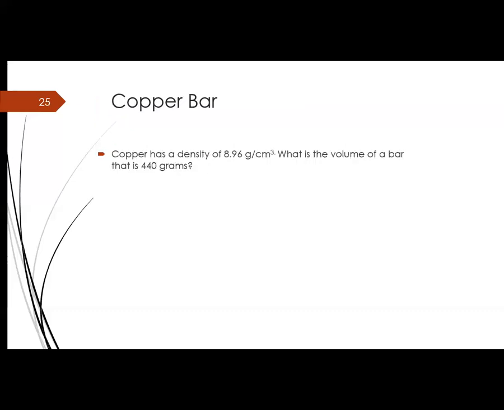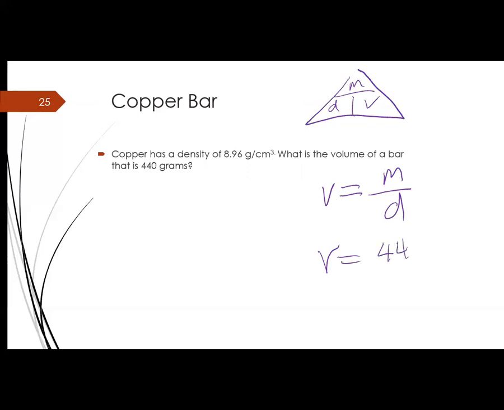Copper has a density of 8.96 grams per cubic centimeter. What is the volume of a bar that is 440 grams? So we could draw out our triangle. We have our density, our mass, and our volume. We could say we want to look for the volume. So our volume should be our mass divided by our density. So our volume is going to be 440 grams, which is our mass, divided by 8.96 grams per cubic centimeter. When we divide that, we get a volume of